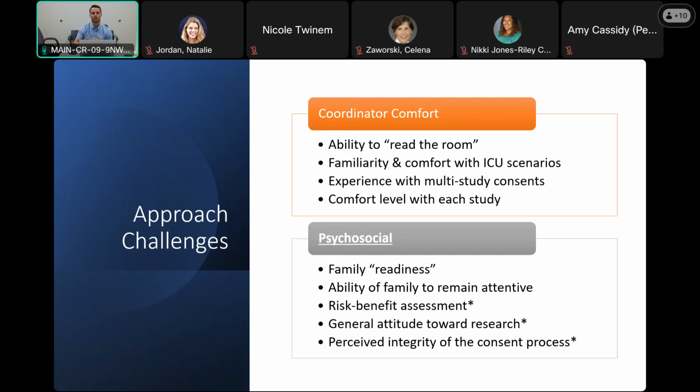And the familiarity and comfort with ICU scenarios. There's a lot of stuff that's going on in the ICU, and sometimes you might be in the room while the team is actually conducting a procedure, and it might just be due to the timeline of the enrollment window for the study. I know that there's been times where I've been in the room and the team is actively transitioning the patient from one ventilator to another. You've got all these loud bells and whistles going off, maybe two full teams in there, and the room can be crowded.